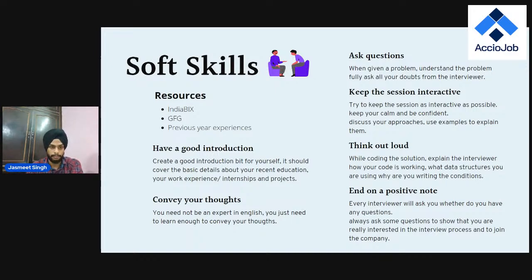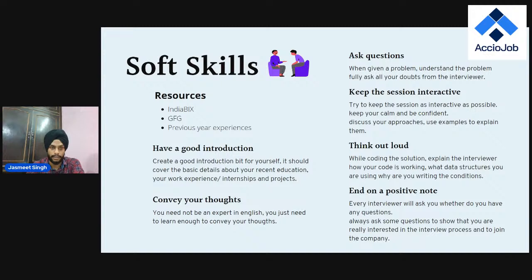All right, so coming to some resources, how will you learn them? The first thing is it's all about practice. These soft skills are not something that you will learn in one day. You can surely practice them. My suggestion is finding a peer who is also preparing for an interview. You can have mock sessions with them, and that way you will be practicing your thought building, your question asking skills, and thinking out loud.